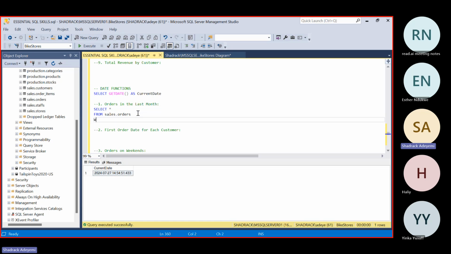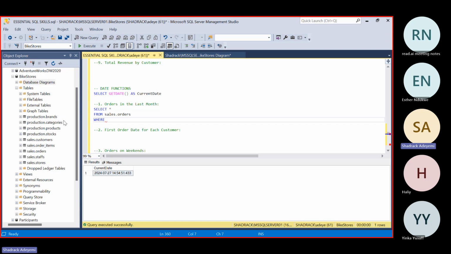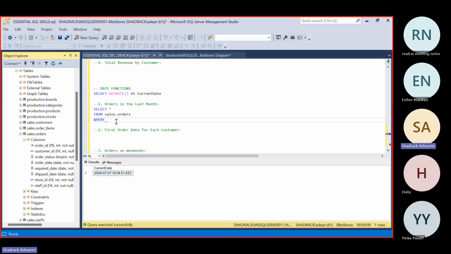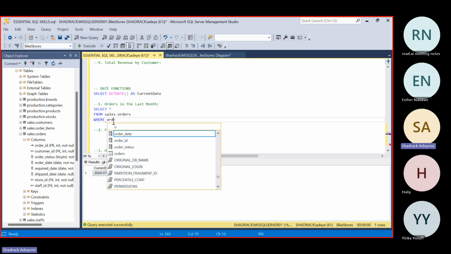Now, if you want to do that, you have to introduce a clause, which is the WHERE clause, which I think we used in our last meetup. If you look through the orders table in sales, we have an order date. The order date is what I want to manipulate here.